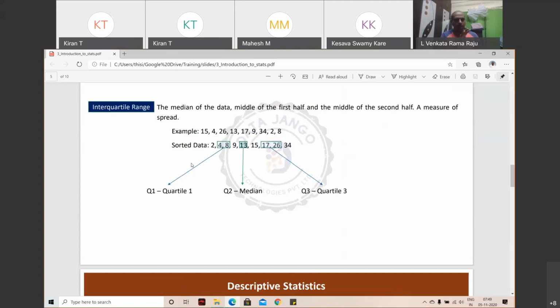Maybe there is an IoT device which is dumping data. The device got corrupted, and wrong data got dumped. There is a data entry operator who has a fat finger, right? He's thinking somewhere else and trying to input the data. Maybe because of that, the data would have gone into the data set. It may be wrong data.